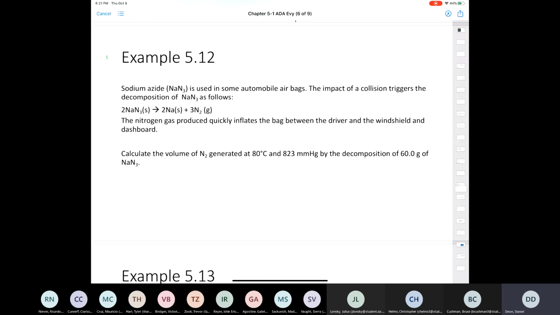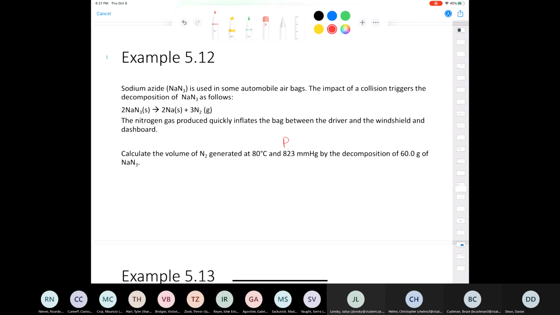Example 5.12, sodium azide is used in some airbags. In automobiles, the impact of a collision triggers the decomposition of sodium azide. This follows, so we end up producing not only sodium metal, but nitrogen gas. The nitrogen gas is made quickly and inflates the bag between the driver and the windshield and the dashboard. What's the volume of nitrogen generated at 80 degrees Celsius and 823 millimeters of mercury by the decomposition of 60 grams of sodium azide? Well, we know